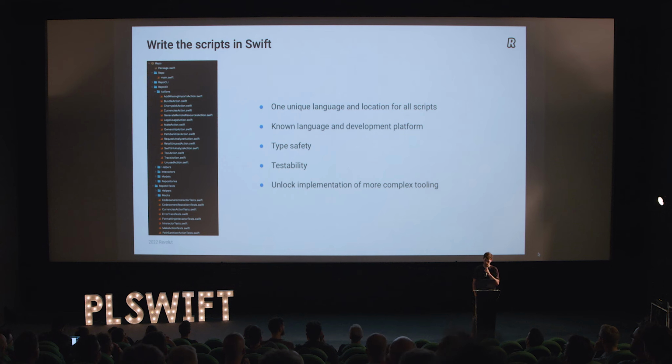Benefits: one unique language and location for all the scripts. The scripts are no longer in some weird folder. They're going to be in a project that everybody knows about. You open the project, you see the scripts. Known language and developer platform. I mean, you're spending so much money hiring all these professional Swift developers, and then you have all the scripting in Python. What's the point? People are not experts on Python, so they cannot really take advantage of the Python tooling. But you put it in Swift, and they will know how to make a test module and how to run the tests. Yeah, you get type safety, really important. You get stability. You can also use the same conventions you use in your application code in your scripts, so you use injection, you use mocking, everything.